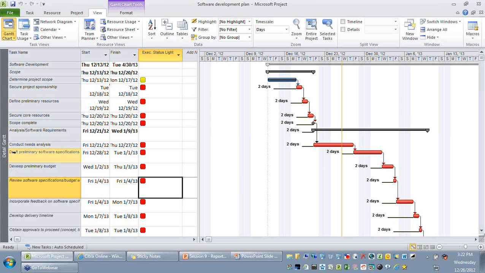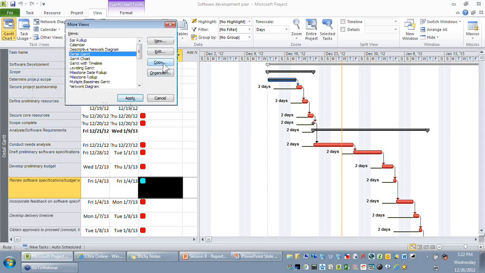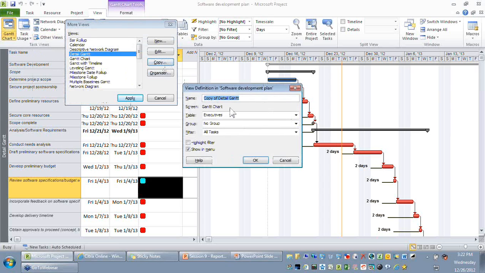Currently we are using a view called detail Gantt. But let's say if you want to have your own view, you can go to the views and you can copy that particular view which you want. And you can even tell in this, what is the name of this view?